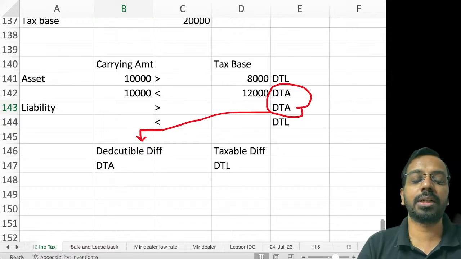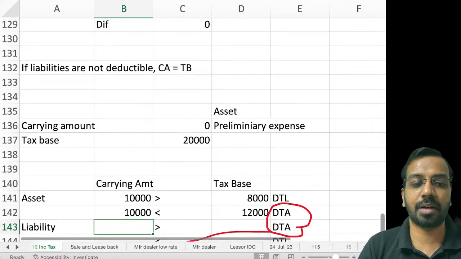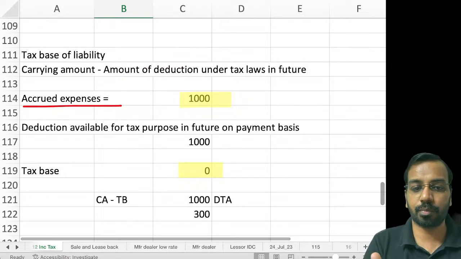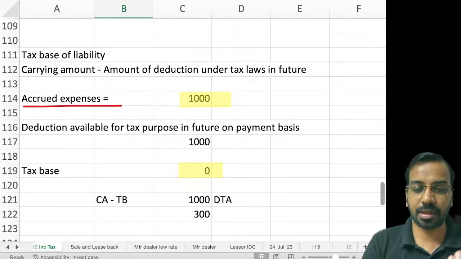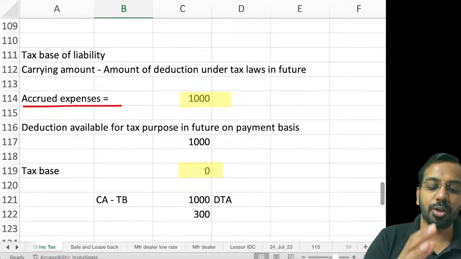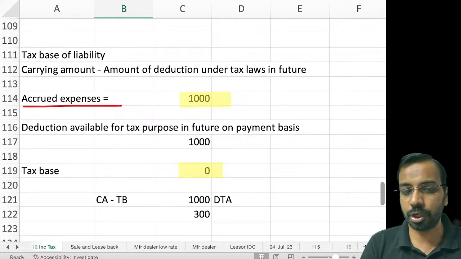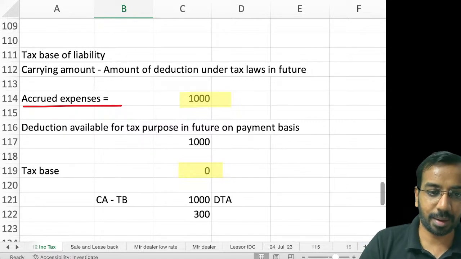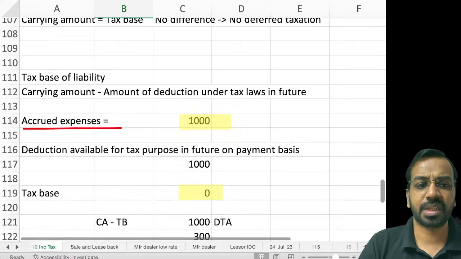Now, one more thing, sir, why is there not a permanent difference kind of a scenario? Because if the differences do not result in a taxable amount or deductible amount in the future, then it will not be considered for deferred tax purpose, and hence it will automatically become permanent. For example, just to give you a perspective, let us say